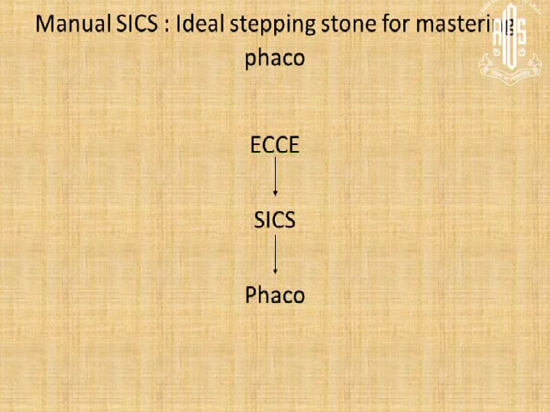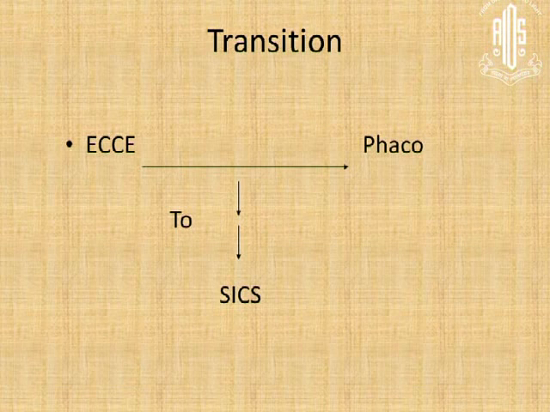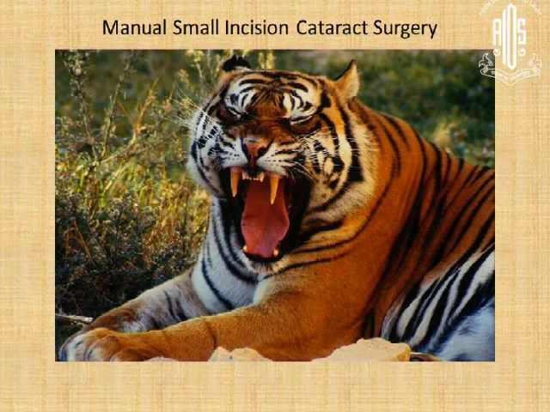Well, we all know generally the trend is ECC to SICS to Phaco. So for the first time, Professor Goyal has asked me why or when to do a reverse one, as to when to convert, make it from Phaco to SICS and SICS to ECC. We all know Phaco is the king of cataract surgeries, and this is how the transition is. But then, as Malik sir had said, small incision cataract surgery is a great alternative, and all of us must learn it. It's like the Indian tiger. It's royal in its own way.